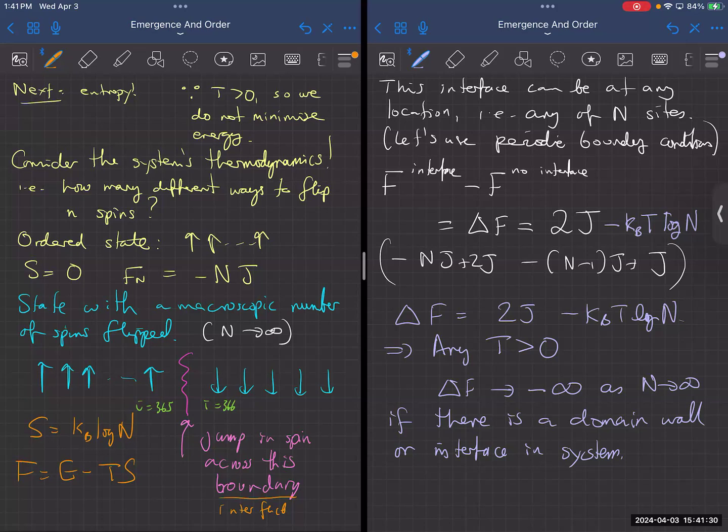Okay, so I'm 10 to the minus 300 degrees Kelvin above absolute 0. This state with a domain wall is preferred compared to the one where all the spins are pointing up. So that's very, very strange. At zero temperature, all the spins point up, or all the spins point down. The minute I raise the temperature, even a tiny arbitrary amount, my infinite system will prefer to break into two